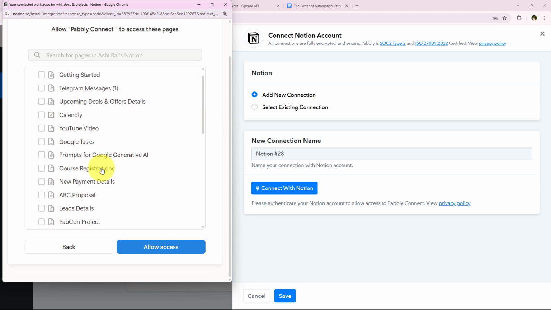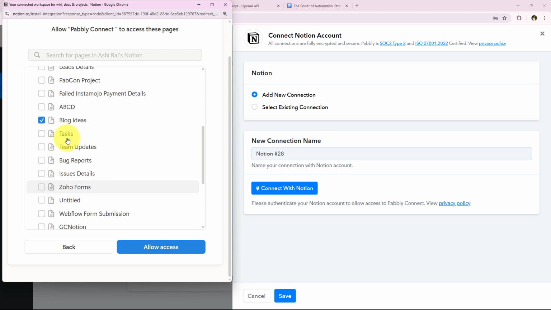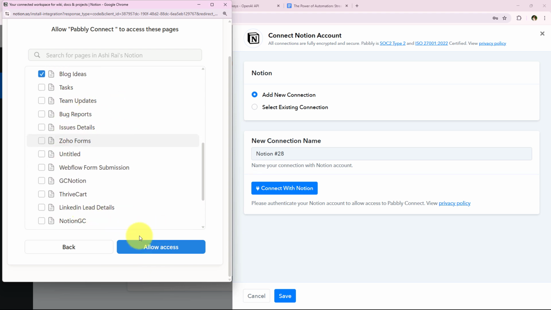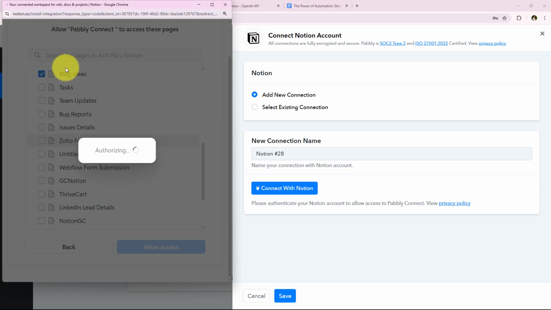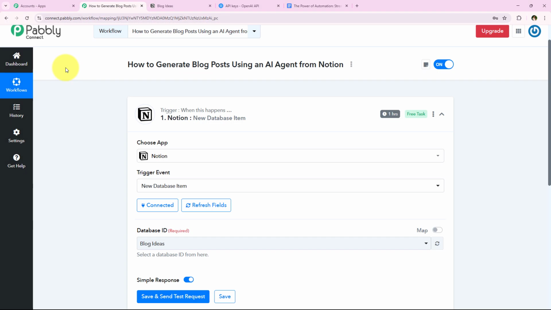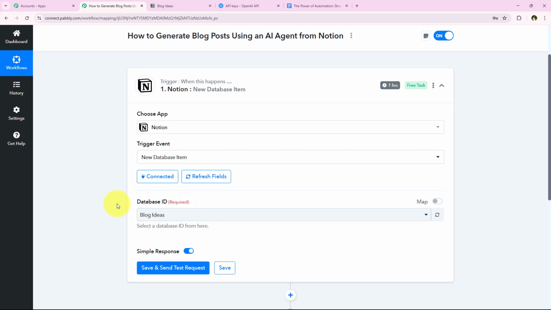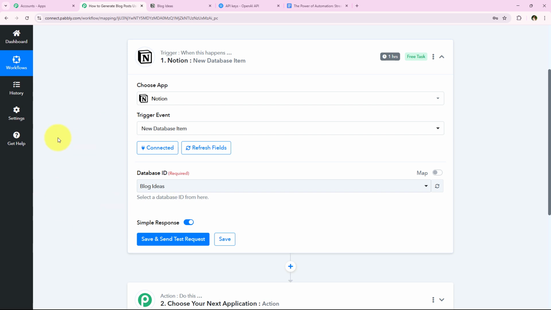So yes, over here you can see that I've successfully selected this page for which I want to give the permissions. If you wish, you can definitely give the permissions for all the pages. And after selecting the pages, we simply have to click on this allow access, and we can give Pabbly all the permissions because our data is secure with Pabbly. And yes, you can see that with this we have successfully connected our Notion account with our Pabbly Connect's workflow. And for the database ID, I'm just going to select my database right over here. So yes, with this we have successfully completed our connection, and now I'm just going to click on this save